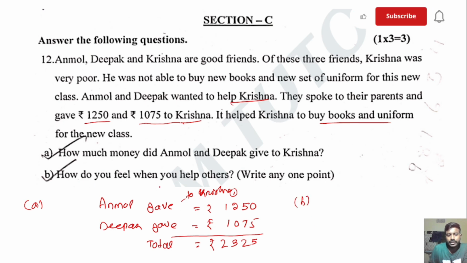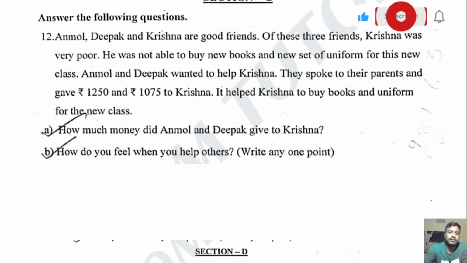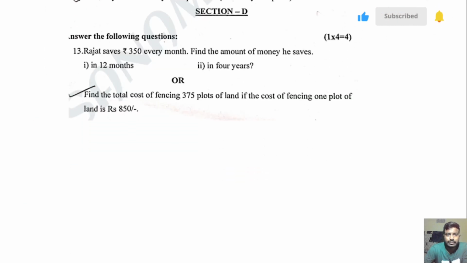How do you feel when you help others? Now very happy and satisfied. Okay, next question number 13, that is a long question. Rajat saves rupees 350 every month. So write down, this is a word problem. So first you write